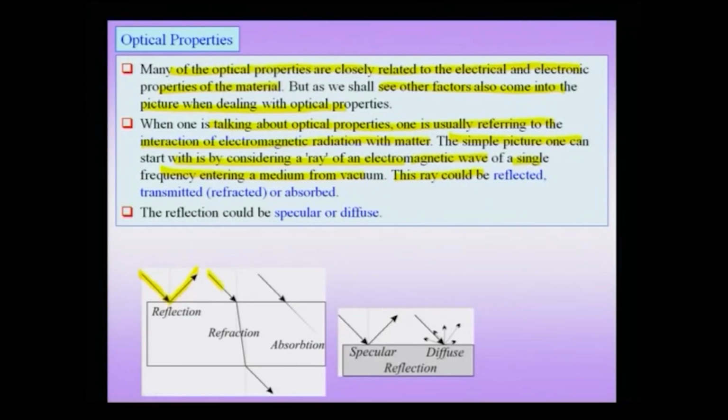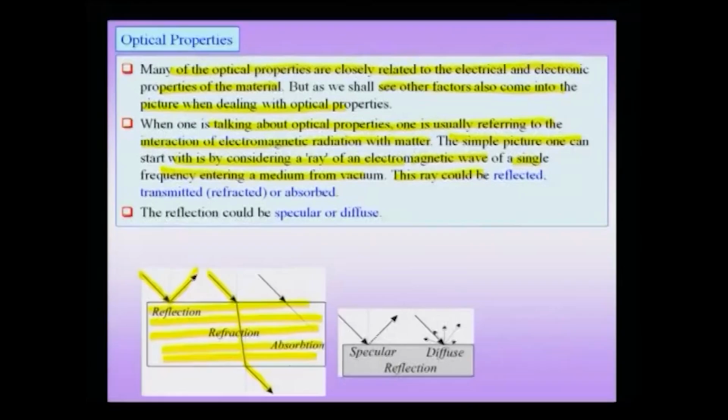this ray could be transmitted into the medium and refracted. When I am talking about a medium, this is my medium which I am shading in yellow, and I imply that this medium has a higher optical density or a higher refractive index with respect to the medium surrounding it, which we consider for now to be vacuum. So, this ray could be reflected, it could be refracted, and it could also be absorbed. In other words, this ray entering the medium could lose all its energy within the medium, and therefore, if this is a finite medium, it does not propagate beyond it, and therefore, you will notice that the wave dies down.